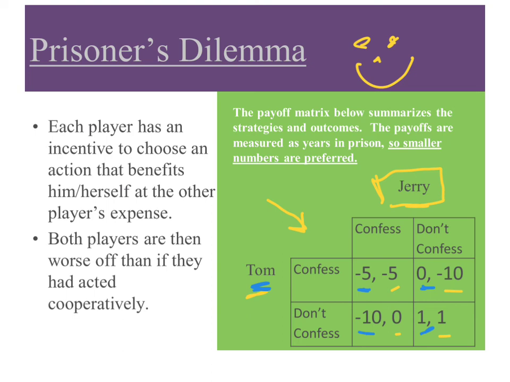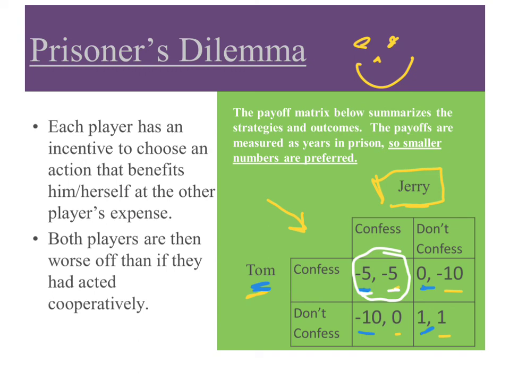If they play this game, a simultaneous, one-time game, and they're not communicating, okay? We're assuming that Tom and Jerry are in two different cells, and they're not able to talk to each other. If they weigh their payoffs, what are they going to decide to do? They're definitely going to confess. Both of them will confess, and this is what will happen. Each of them will get 5 years in prison.